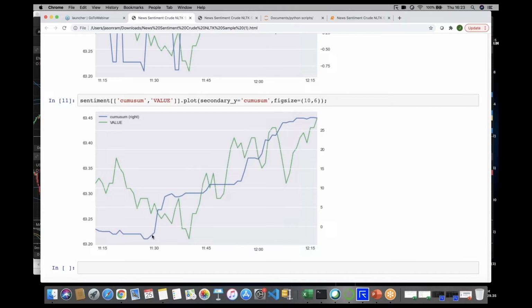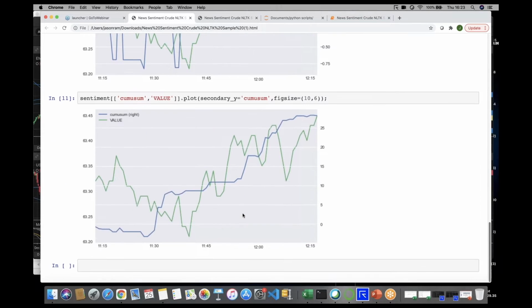We can see that even with a very simple model, the news is able to pick a bottom here. This is some 10 minutes before the actual oil price bottoms and then starts rising. Now, I'm not saying this is absolutely 100% correct, or that you'll be able to do this across the whole day, but certainly at some points, this sort of order of magnitude could be very useful. And this is a really super simple example we've shown you here in literally just 11 lines of code.